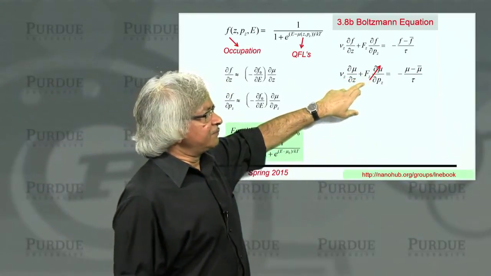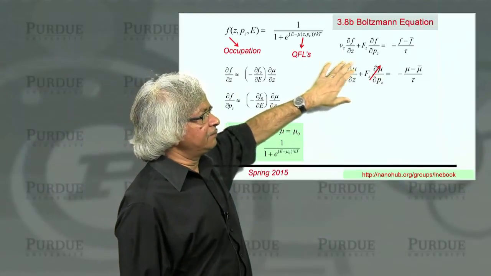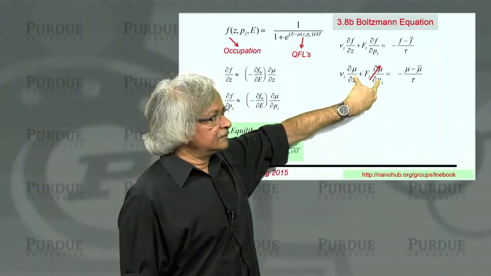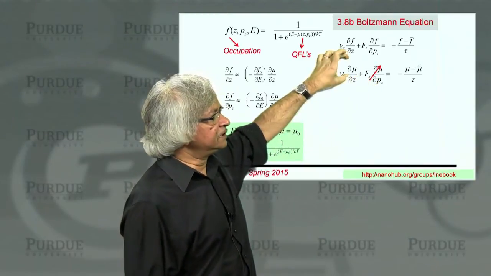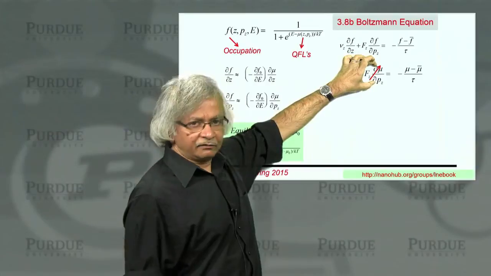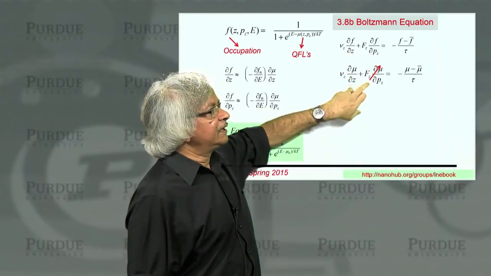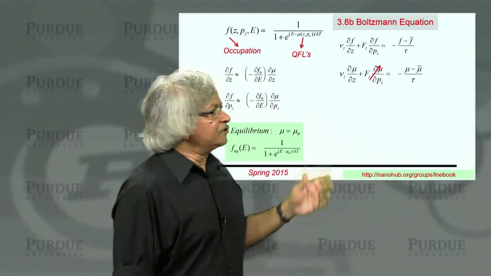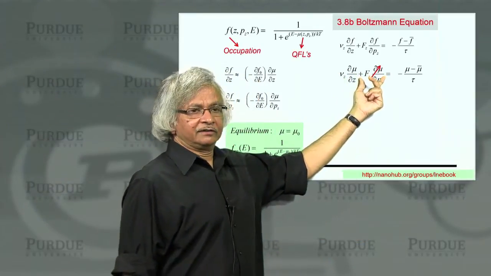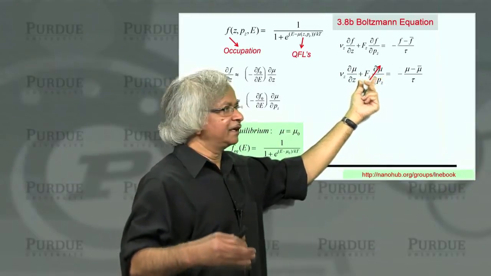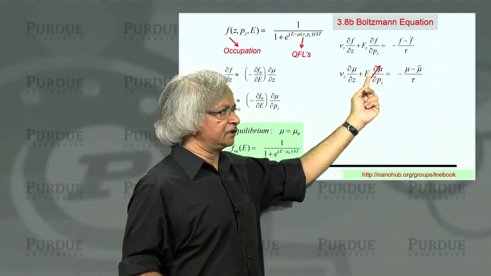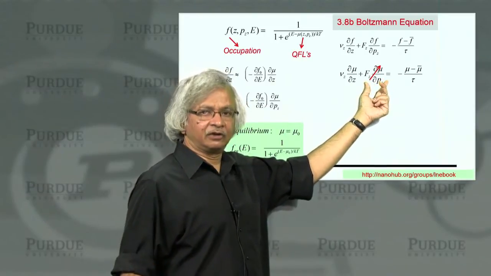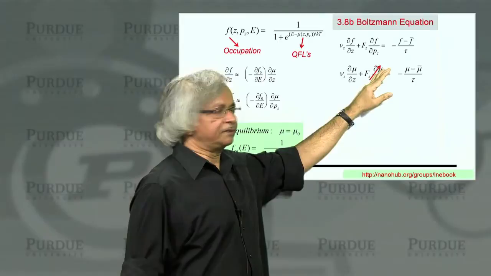The argument goes something like this: at equilibrium, of course, the derivatives are both 0. And when you go out of equilibrium, these things are like first order. But if the electric field is also 0 at equilibrium, then you see this term is kind of second order. That is, when you apply a voltage, you are applying an electric field, so you get a first order term there, and that's also another first order term, so the total thing is like a second order term. And so you can drop this.